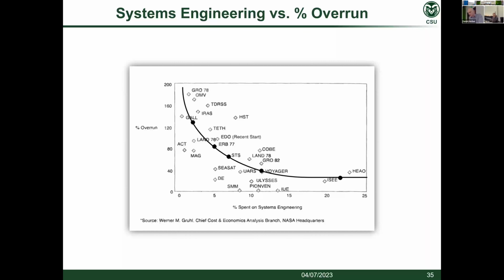There's a general trend that the more systems engineering you do, the lower the overrun. The reason I put this in is that I might make the argument that maybe in the future there'll be something like this for digital engineering more broadly, not just systems engineering, maybe on the knowledge management side of things, where more of the system development is managed through digital threads and digital means. Your cost overruns might be lower on certain programs, things like that.